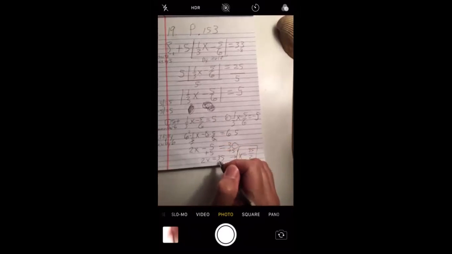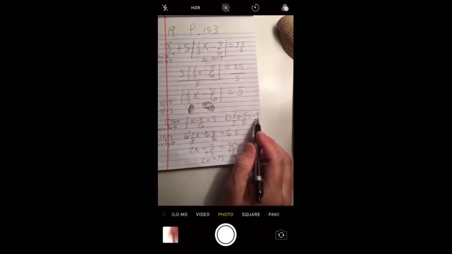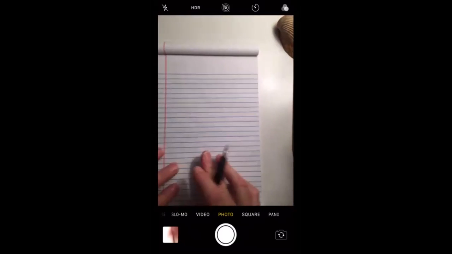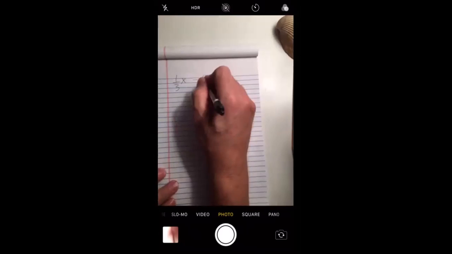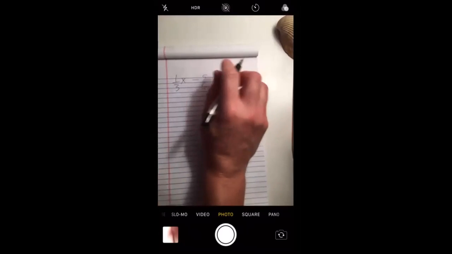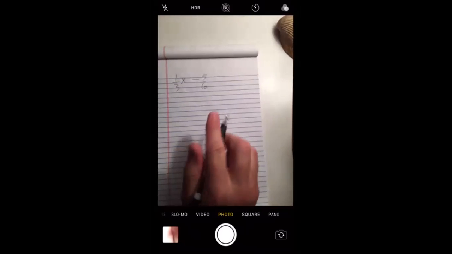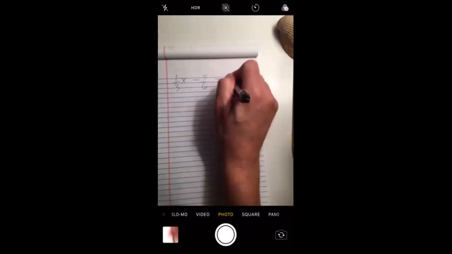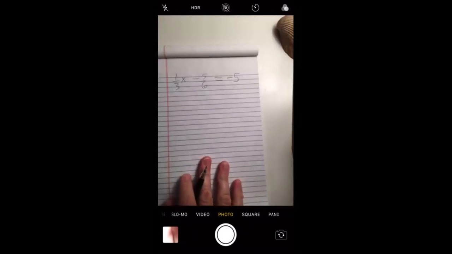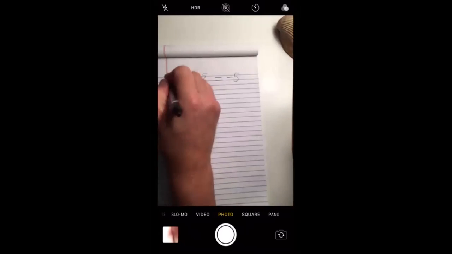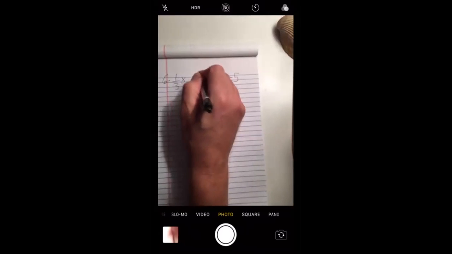Got to repeat the same steps, multiply through by the 6, but this 5 is going to be negative, so it's going to give us different numbers. So 1/3 x minus 5 over 6 comes up negative 5. Multiply through by the 6. I'll shorten it up, just write the 6